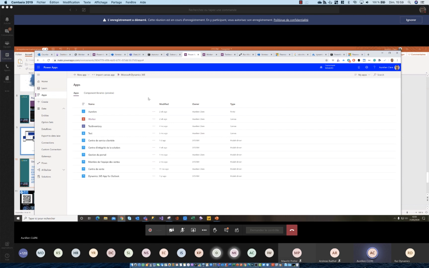I think on Over 365 Saturday you have a session. I mean, look, we are the portal masters, aren't we? We're running the entire community on a Power Apps portal, guys. Everything that we're doing on the community is all using Power Apps portals. Everything is powered by the Power Platform.